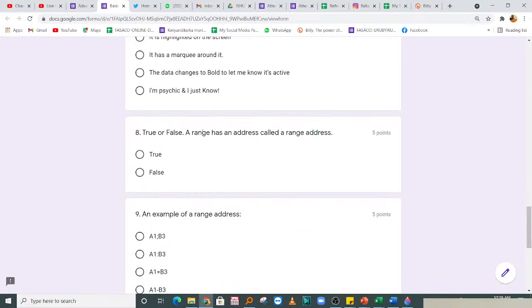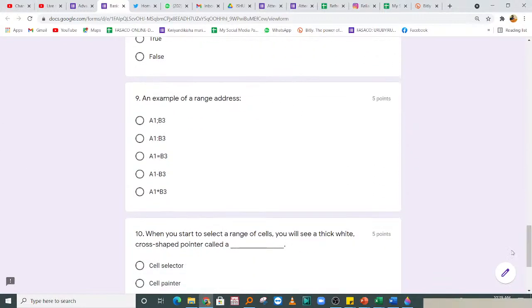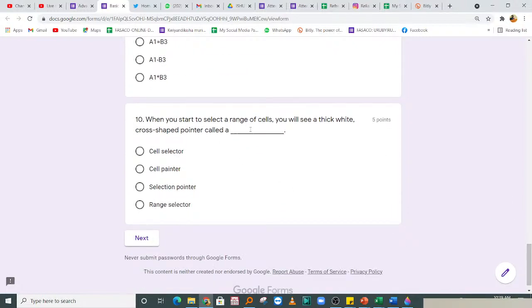True or false? A range has an address called a range address. Is it true or false? So the ninth question is, an example of range address is one of these. You choose one. So also, when we start to select a range of cells, you will see a thick white